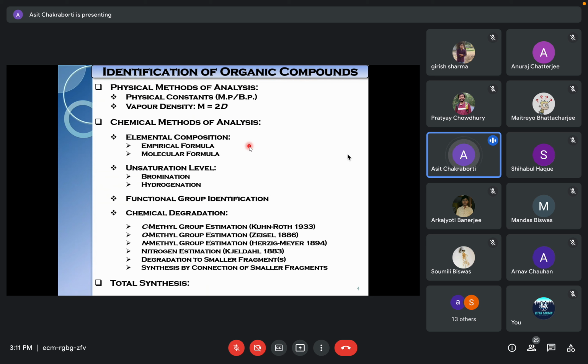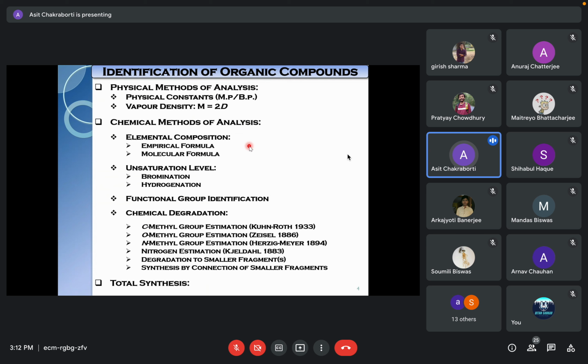So what you do ultimately is a quantitative combustion of the compound so that you can have a very good estimation of the corresponding gases. Nowadays it is generally done by gas chromatography. Otherwise, it has to be absorbed. Like water can be absorbed by calcium chloride, and you check the weight before absorption of the water vapor and after absorption, and by difference you can get how much water has been generated, and you know how many milligrams of the compound you had, right?